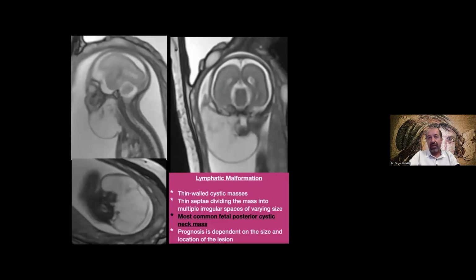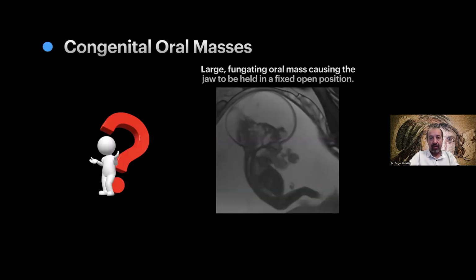Here is another patient presenting with findings similar to the previous one, a large cervical mass causing significant hyperextension of the neck. Internal small septation is visible, very characteristic. And another patient. In this patient, you can see